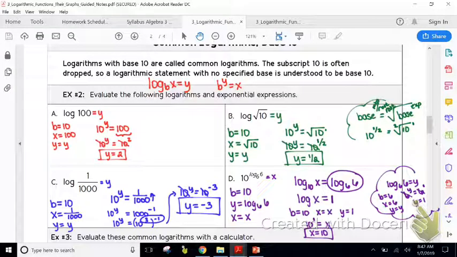And honestly, guys, if I'd have done that at the beginning, I'd have had 10 to the 1 equals x right there. I didn't catch it, though, until we had already started working. Because a lot of times we can't work it. We have to solve using a one-to-one property. Now you just